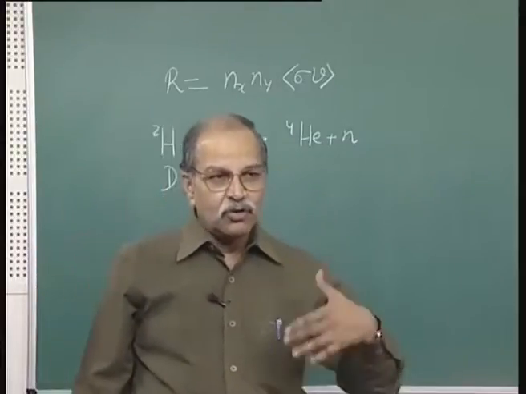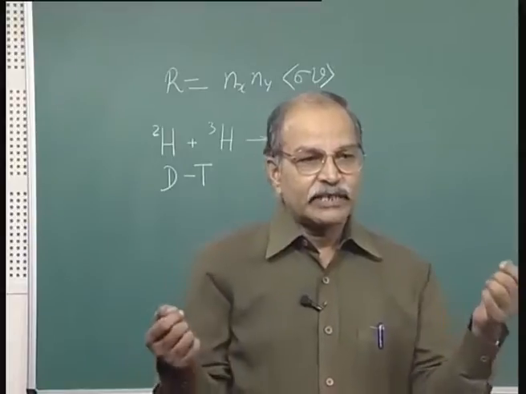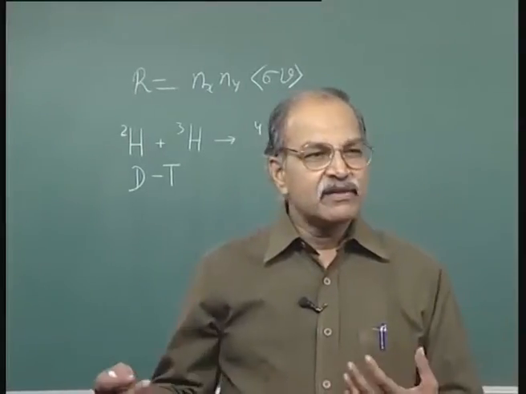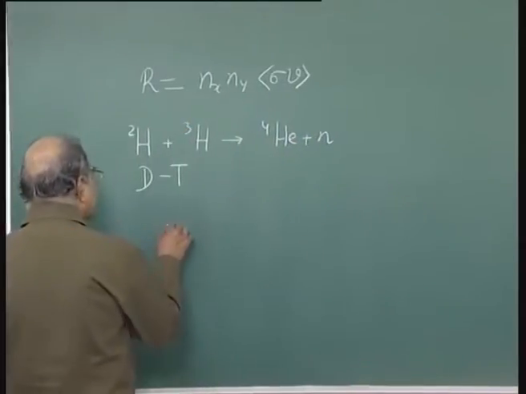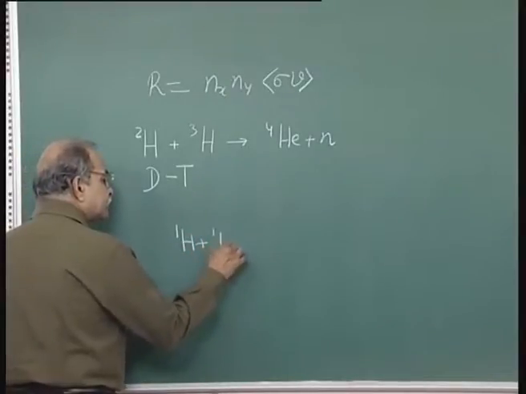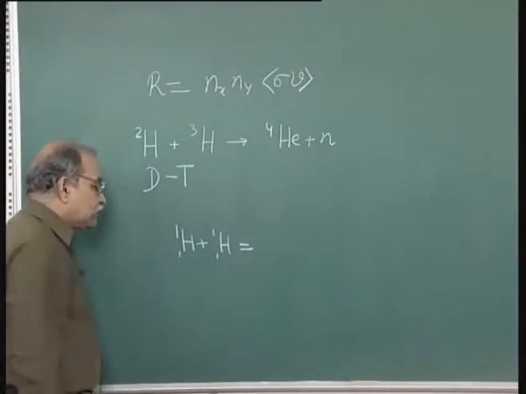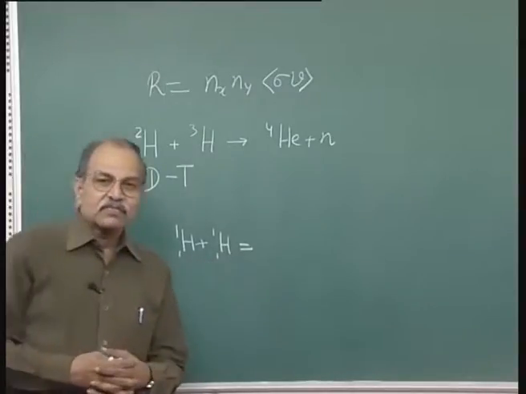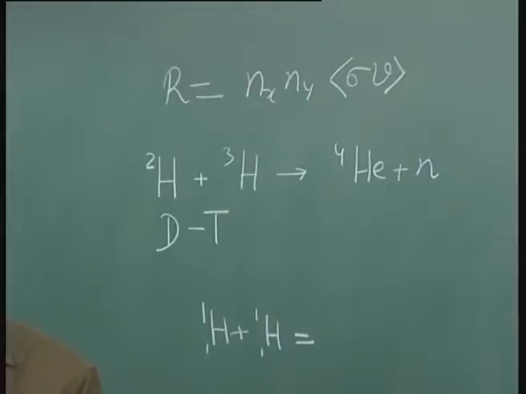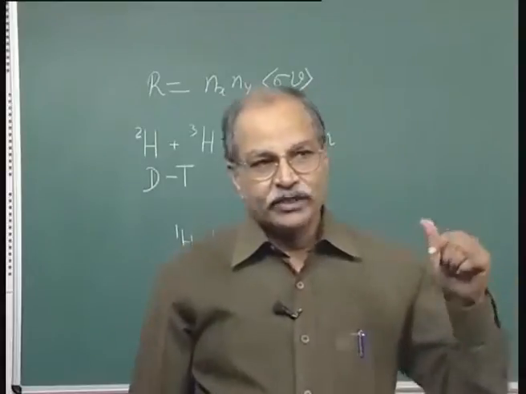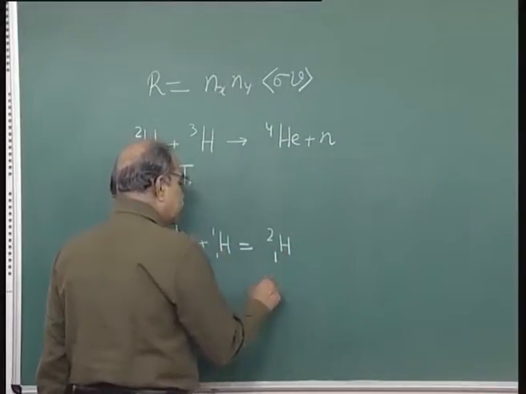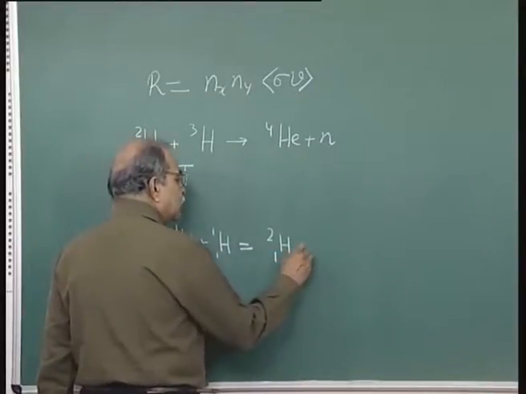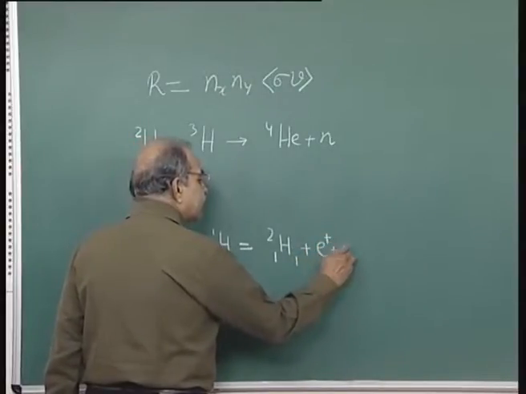If you look for low Z materials, the first one is 1H, the proton. It has its own difficulties, we will talk about that later. The most prominent difficulty with the proton is 1H plus 1H. You have two protons here, but two protons do not combine to a diproton. You do not have diproton in nature. Diproton is not a stable component. So, it has to be 2H1. That means one proton has to be converted into a neutron, and hence this e plus and nu.